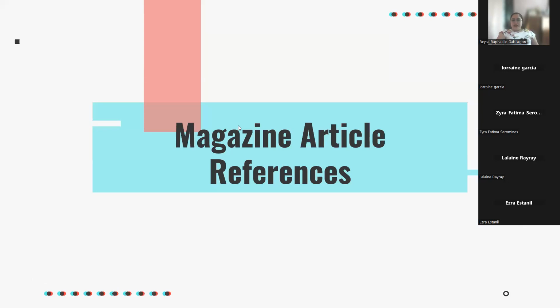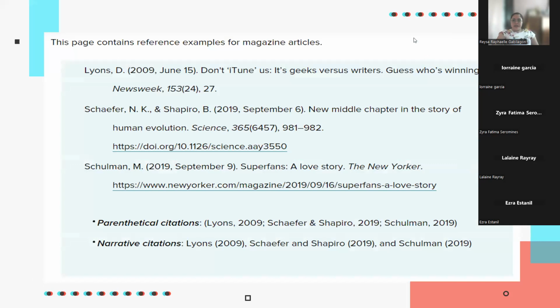Now, some of you might get your reference from a magazine. So how are we going to write that one? Actually, yun pa rin yung format except class dito. Instead of the year of the publication, it will be the exact and complete date. Okay? Like you have the author and then followed by in open and close parenthesis the exact date of the publication, including the month and the day. Okay? But it is to be followed again by the title of the article, okay?